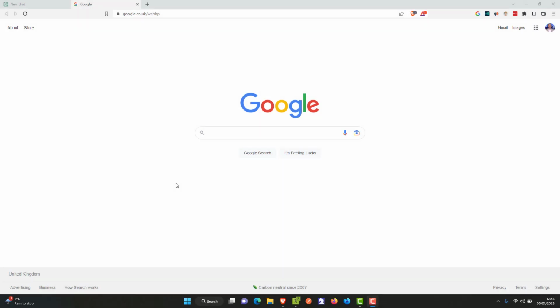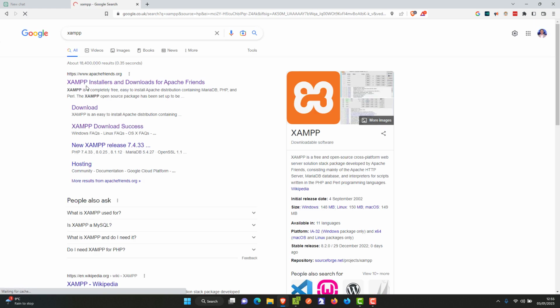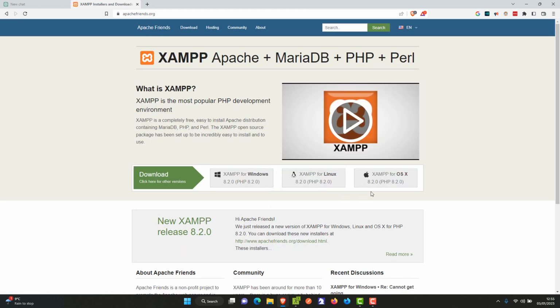Alright folks, to get started with this one, I'm going to recommend that you get PHP and MySQL or MariaDB onto your computer. Now, there's a variety of different ways of doing this, but I'm going to recommend going with XAMPP, okay? So, head to your favorite search engine and search for XAMPP. You should be taken to the Apache Friends website, and you can get XAMPP for Mac, Windows, or Linux. This thing has a wizard that's super easy, but if you have any challenges, just let me know in the